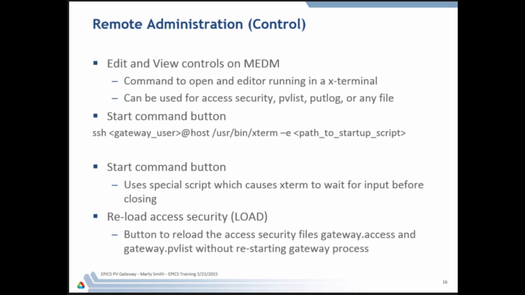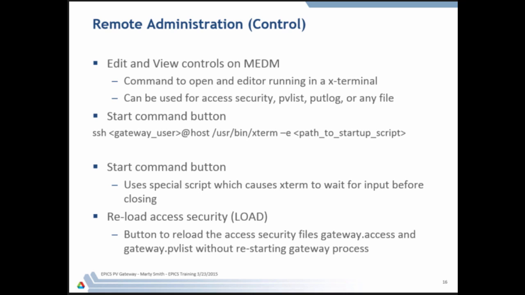So you can even do multiple SSHs. I have one shell button that does an SSH as the user gateway to a particular host, and then might do another SSH to the gateway machine that's actually hosting the PV gateway,